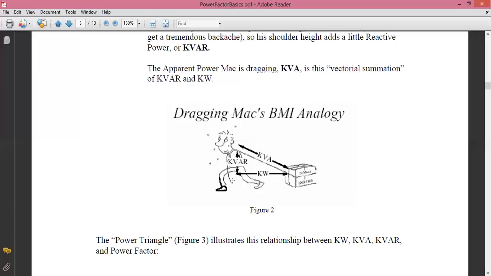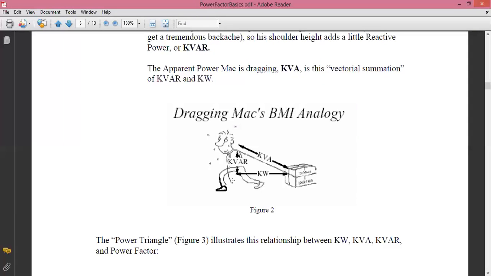In the case of an impedance triangle, you take the resistor on one axis and the inductor or capacitor on the other axis, and when you draw the resultant you get the impedance, Z, and that triangle is called the impedance triangle. Now, in the same way, you have a power triangle. In a power triangle, there is the active power, that is kW, the reactive power, that is kVAR, and the third is the apparent power, which is kVA.